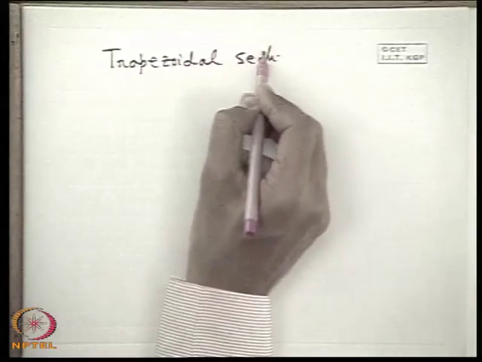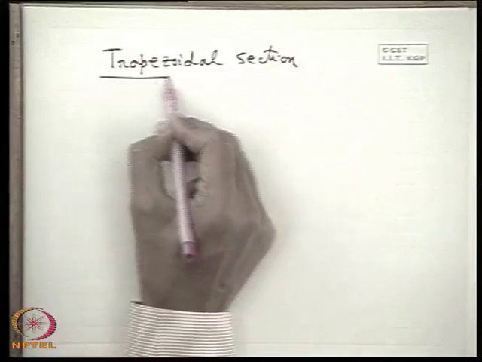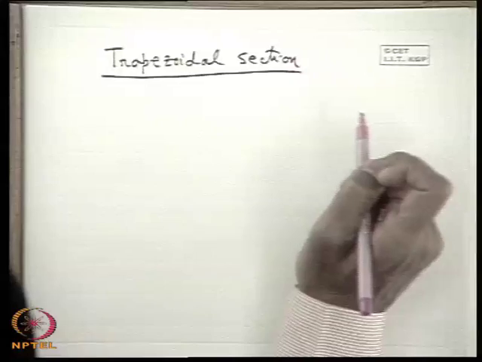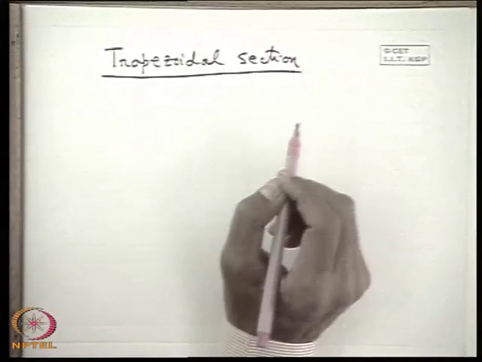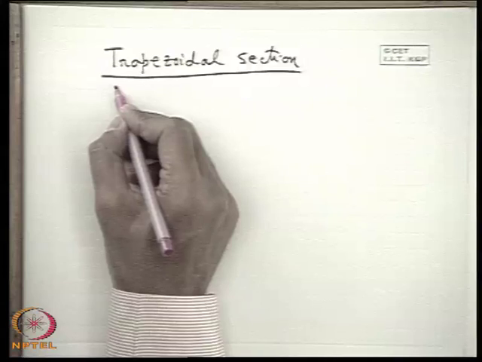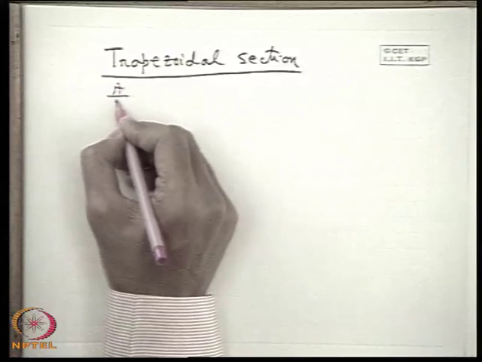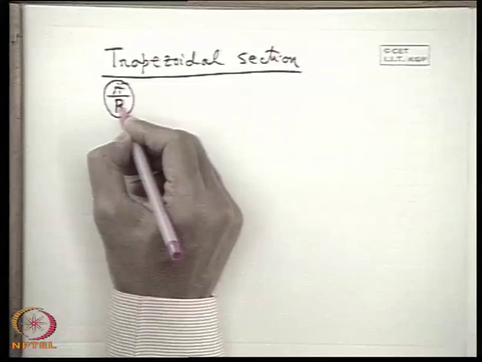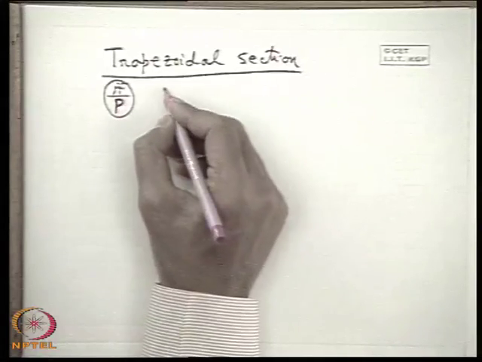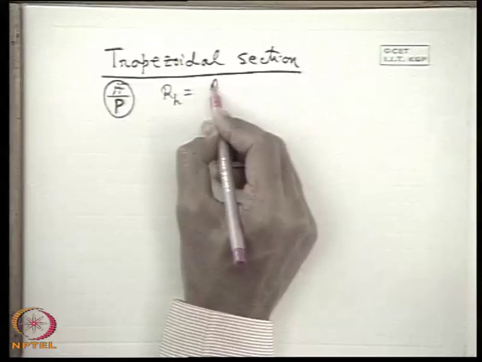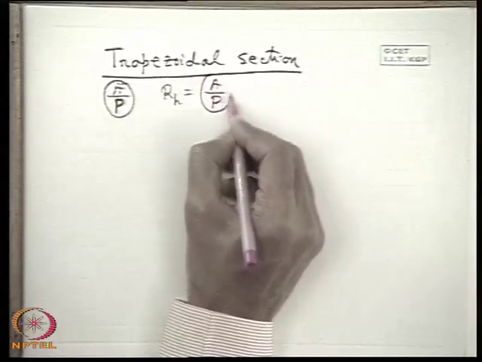The most popular section is a trapezoidal section. Therefore we will find out the condition for an optimum hydraulic cross section for a trapezoidal section. Let us review again the condition that A by P should be made maximum, that is, the wetted perimeter has to be made minimum. Now if we define the hydraulic radius RH as A by P,